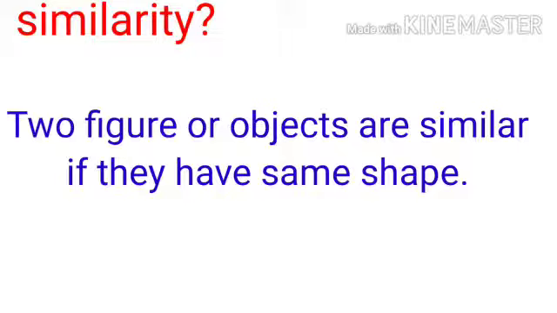Like your notebooks, all are rectangular in shape. Like your textbooks, all are rectangular in shape. For example, the mini version of the Taj Mahal is exactly the same shape, the difference is in size. That means two objects or figures which look similar, that means the same in appearance. Similarity just focuses on appearance, on the shape. If two objects have the same shape, whether their size is equal or not, the size may be different, but if the shape is the same, then we say these two objects or figures are similar.